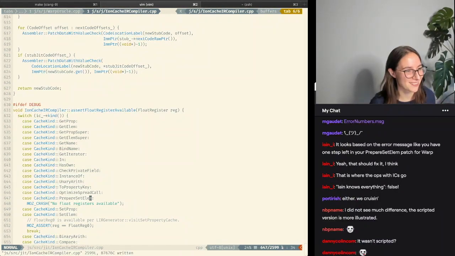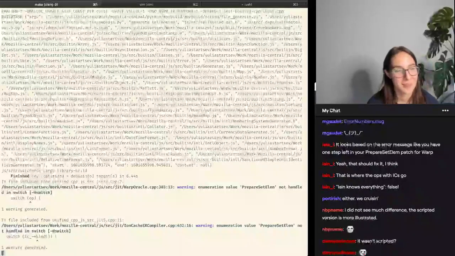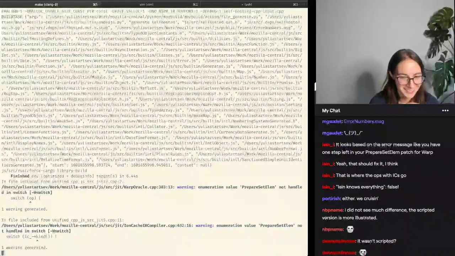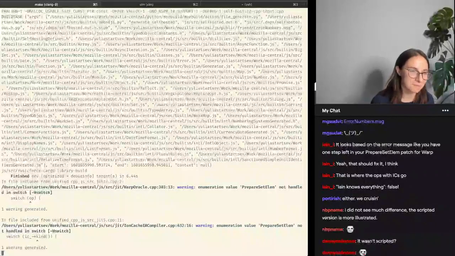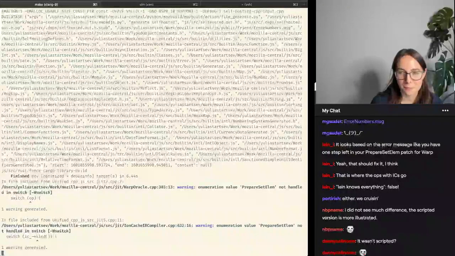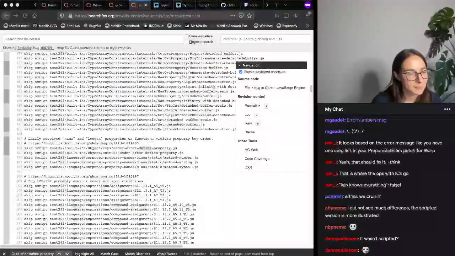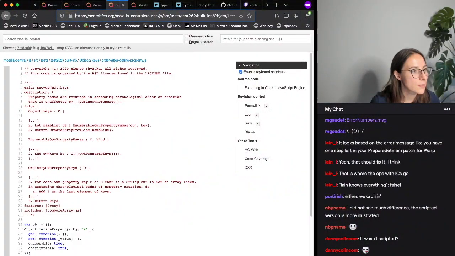Yeah, this totally wasn't scripted. I had no idea what I was going to do with this one, which is also why we're stuck watching this thing compile for a while. Otherwise, I would have had a pre-baked version that you could see. Okay, fine. Let's go back to reading about the bug. Right, so we have this, and